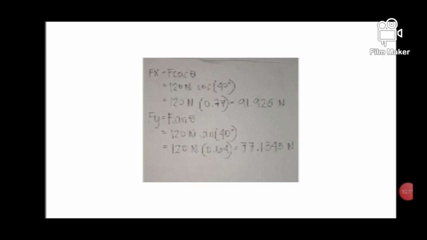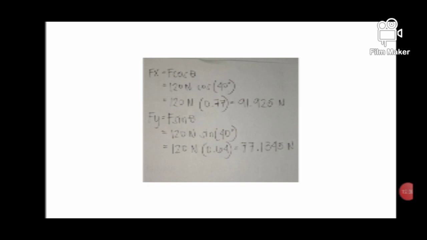So it would be 120 newtons times cosine 40 degrees. Cosine 40 degrees would be 0.77, and we multiply it by 120 newtons, and the answer should be